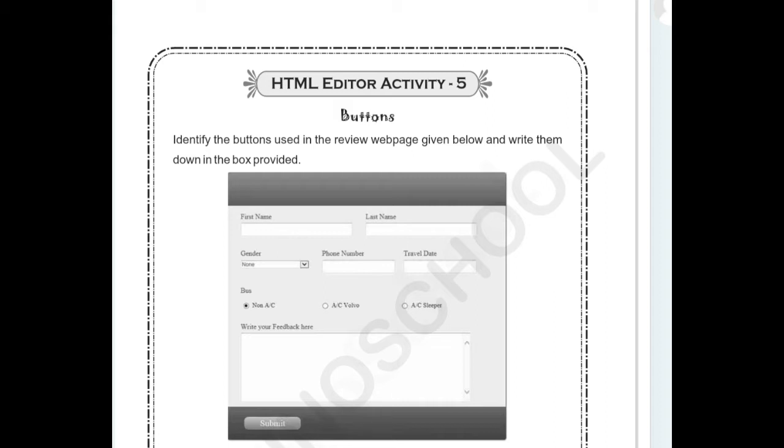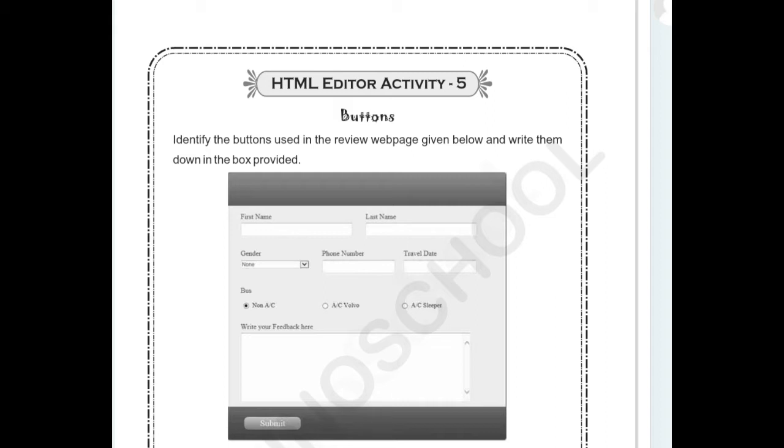And next, gender. There is a gender column for which they have given a list box. The list box shows the list of items. For that purpose we use list boxes in our websites. So the gender field will collect the male and female details.